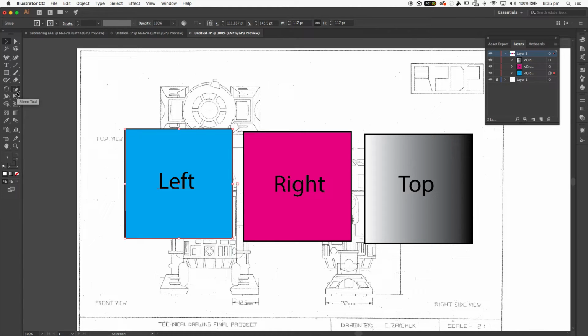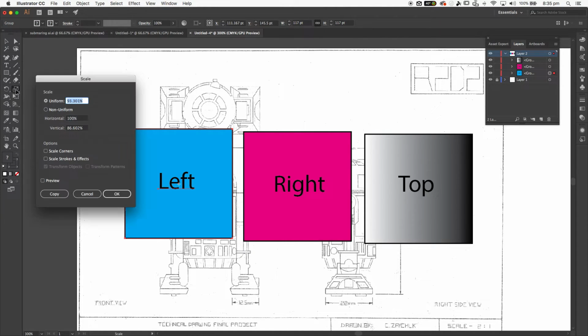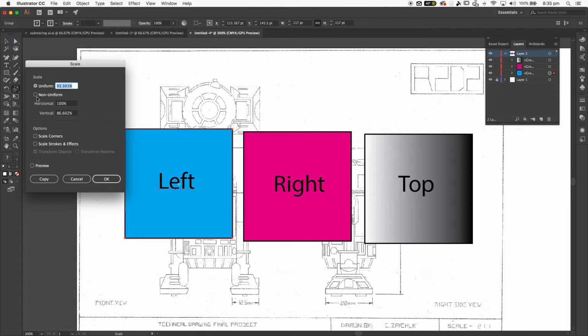Now, in order to do these, I'm going to go to this tool here. It looks like a file tool at the moment, but could have scale. Shortcut is S to bring that up. And I want to make sure it's selected on the scale tool. Again, shortcut S. I'm then going to double click on this. It's going to bring up my scale option. I'm going to then click non-uniform. And horizontal, I'm going to leave at 100. And vertical, I'm going to make sure it says 86.6